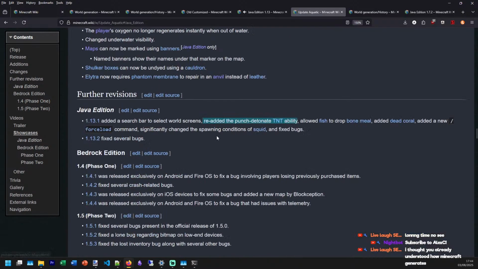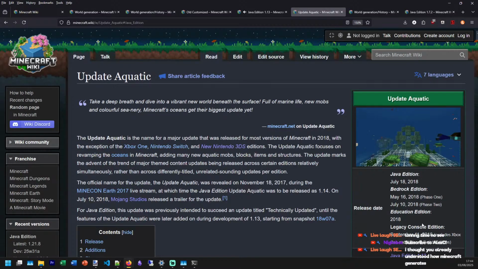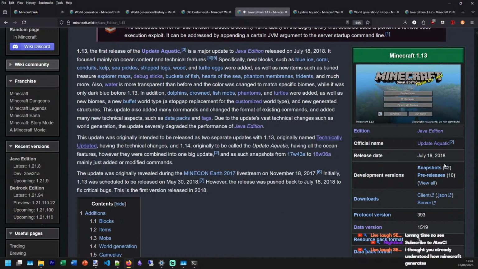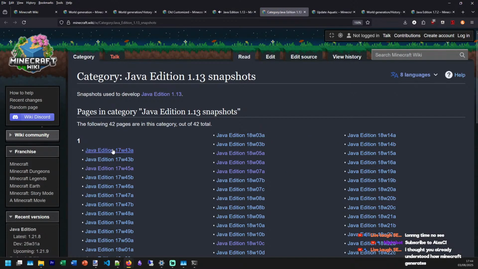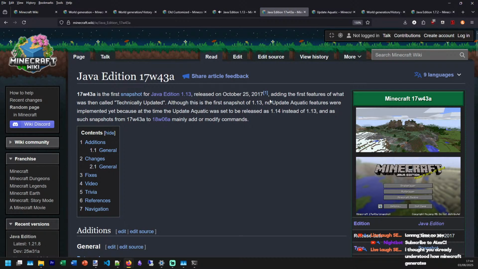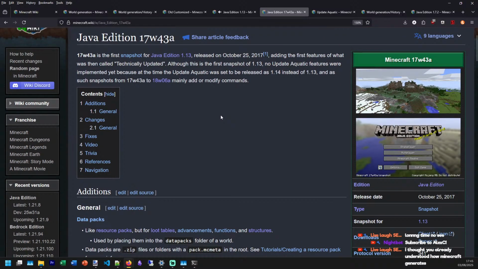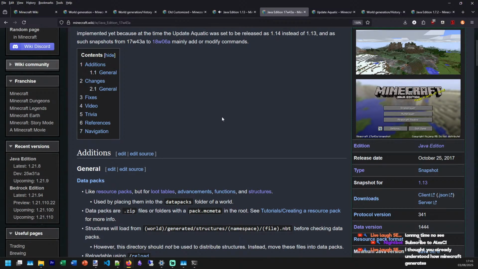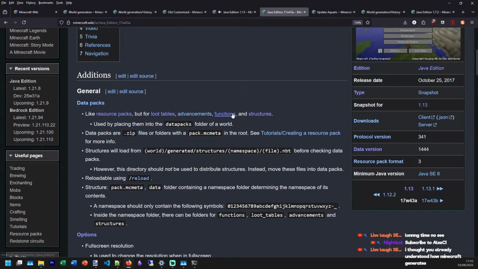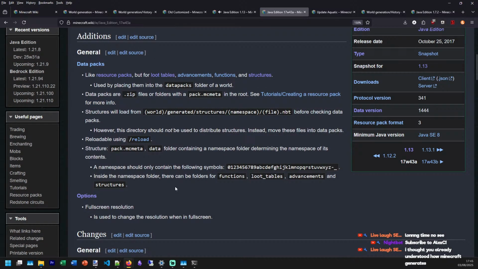Technically updated, huh? Take a look at all the development versions for this. So that's when they decided to add... we've got about 10 minutes left, by the way.